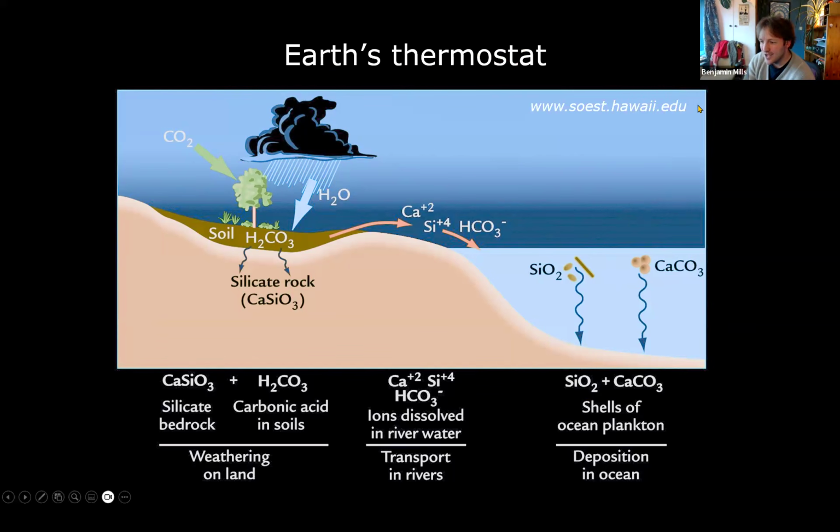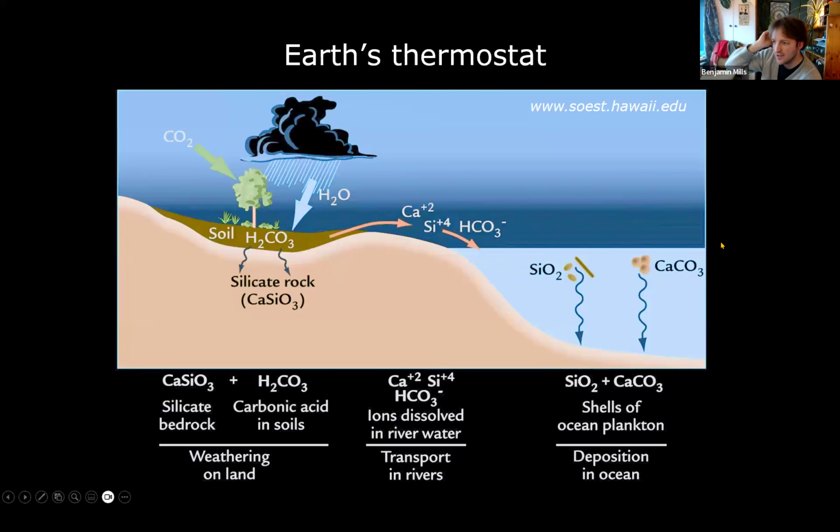What we know, certainly over the Phanerozoic in more recent time, is that silicate weathering is sensitive to things like the amount of water in the atmosphere, the amount of CO2 in the atmosphere, and the temperature of the land surface and of the atmosphere. So what happens is when you have a lot of CO2 in the atmosphere, you enhance this silicate weathering process. Now, what this does is it draws down atmospheric CO2 to make carbonic acid in the rainwater. This then mixes with the silicate rocks, and you end up taking bicarbonate into the ocean along with some of that atmospheric CO2. And ultimately, when you form carbonate minerals, you sequester some of that atmospheric CO2 on the seafloor. So this is your traditional silicate weathering feedback.